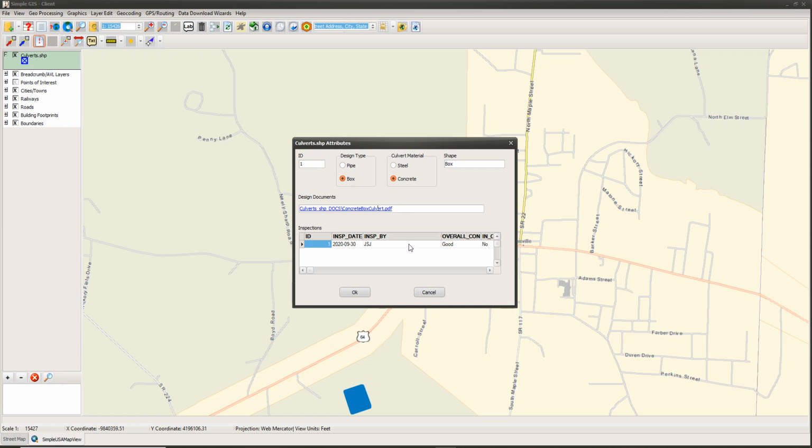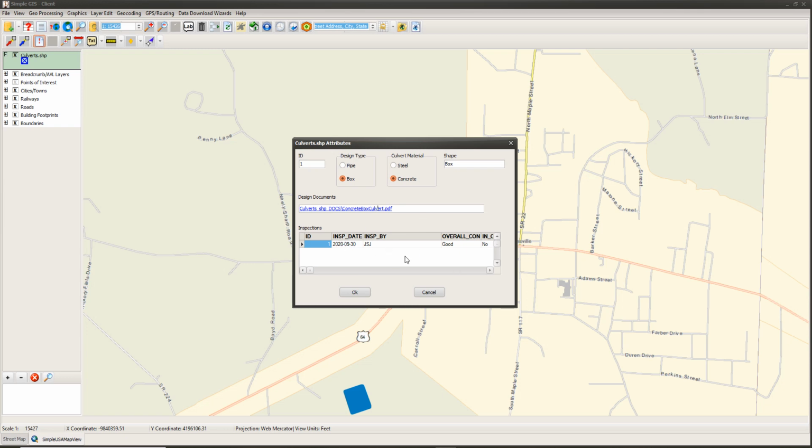But what's been added is now, in addition to just linking in an external table, like I've done here, where I might have a one-to-many relationship between a feature in the shapefile and some records in a table, I can also now design a secondary pop-up form for this table, such that you can imagine if I had multiple rows of inspection data, done at different intervals of time, and I can view the data in this table view, but if I want a nicer way to view this inspection record, I now have the ability to define a custom